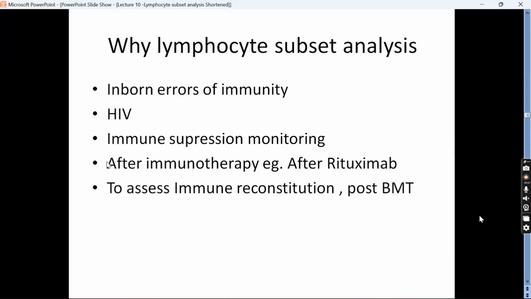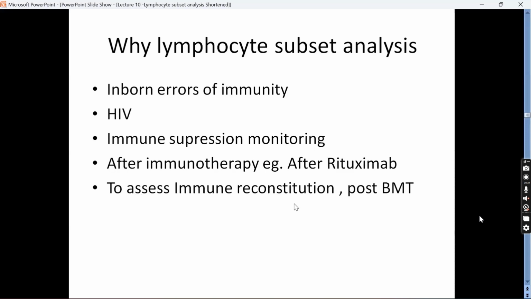So you check whether the rituximab is working well, and whether the CD20 cells or B cells are present or not, before or after rituximab. In that setting, a lot of samples will come in for lymphocyte subset analysis or B cell count,